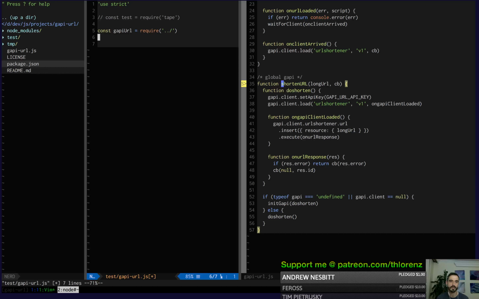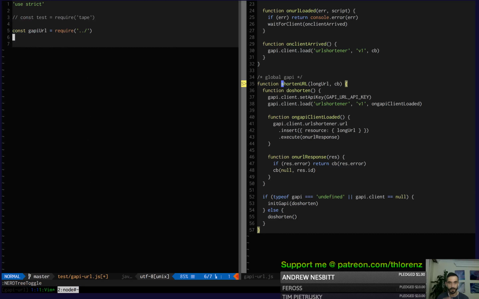I could also have required directly, but actually I want to require it this way, so I make sure that I got this set up correctly, right? Because anyone using my library, if I don't have a main file field in my package.json, it will not really work. Okay, and then the shorten URL one,